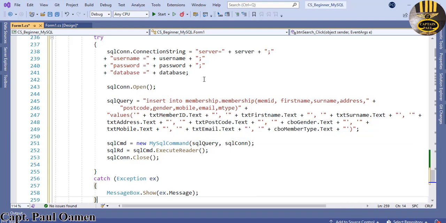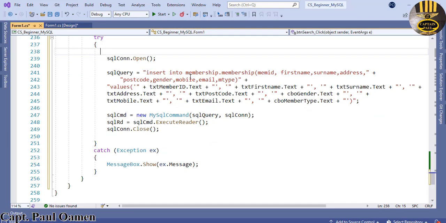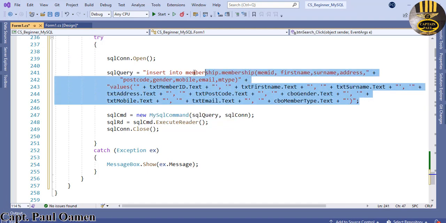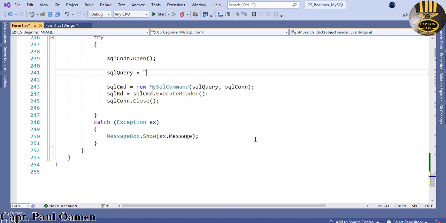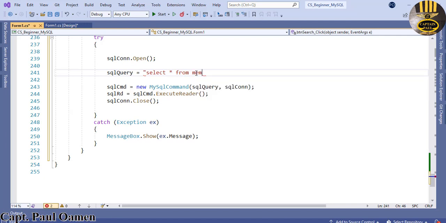Now I don't need this, I don't need a connector, it doesn't need to be connected to anything, so get rid of that. Here the query, I do need a query, but I don't need all of these, so just get rid of all of these here. In there all we need is, let's just select all, that should be star, select all from membership